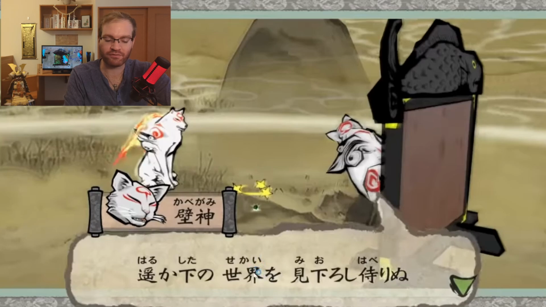So the world of the distant below, mioroshi haberinu, okay? So miru means to see. Mi comes from the root verb miru, which means to see. However, we have it in the soft connective form, and the reason why is that the soft connective form allows you to stick other words together. As you will see, we're putting multiple verbs together to make one big verb. Okay, so mi comes from miru, so we go from miru to mi, and then we stick